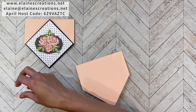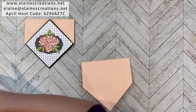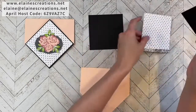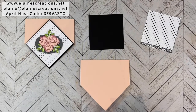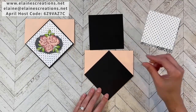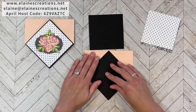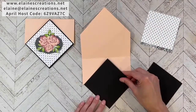All right, so next I am going to use 2 pieces of basic black, and these are 4 1/4 by 4 1/4, and they are going to be placed right here. They're going to fit right in the diamond of the card. So one is going to be placed on the outside, and then one is going to be placed on the